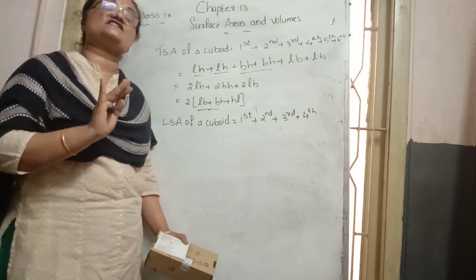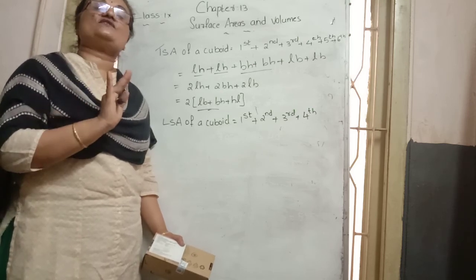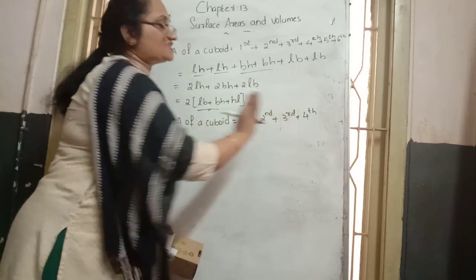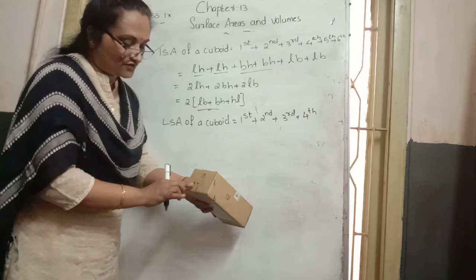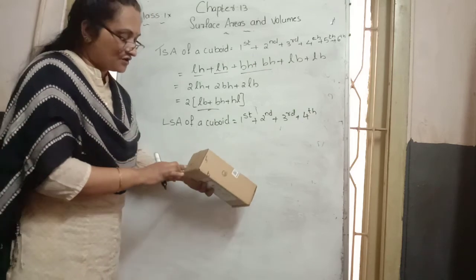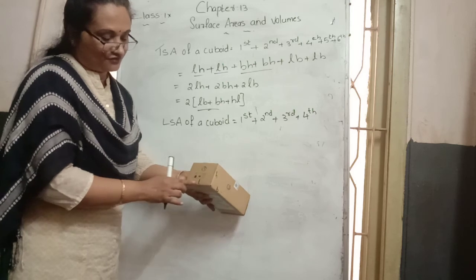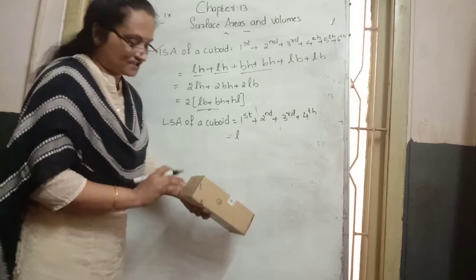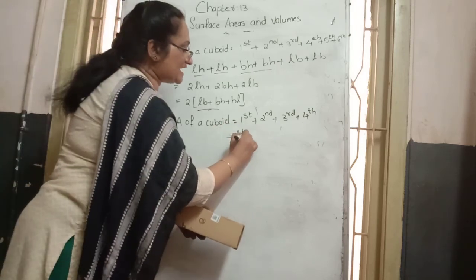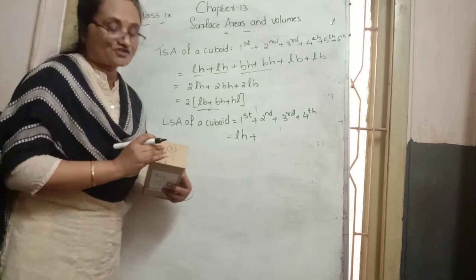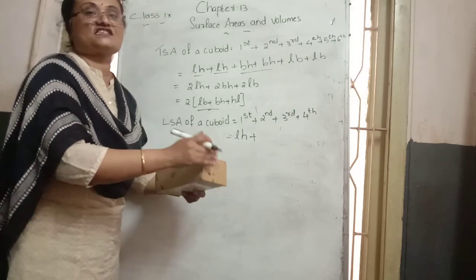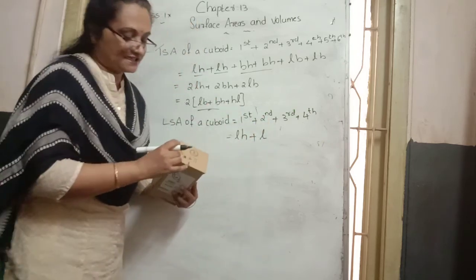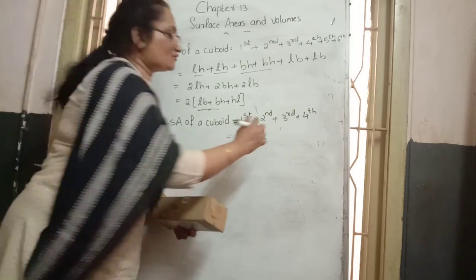In the lateral surface area case, how many faces do we consider? Only 4 faces of the cuboid: first, second, third and fourth. In the first face, the length is L and the breadth is equal to the height of the cuboid, so LH is the formula. The second is like the first, as they are opposite faces. That's why the area is length into breadth, where the length is L and the breadth is equal to the height of the cuboid.